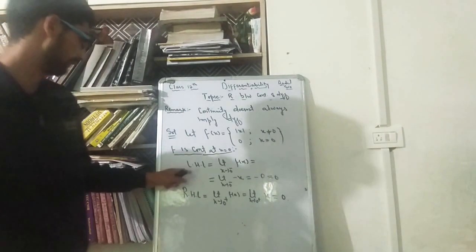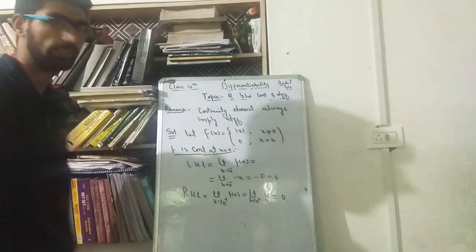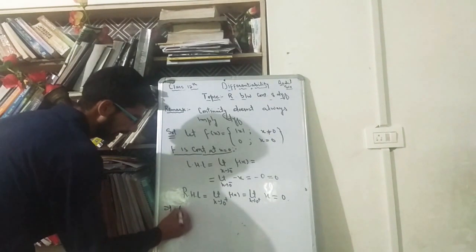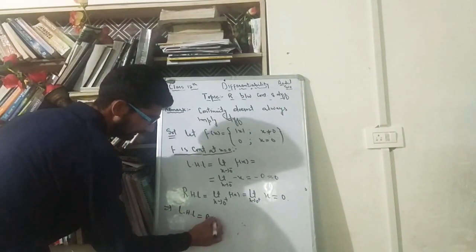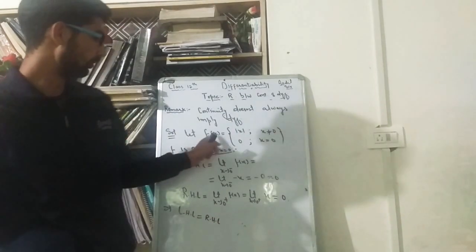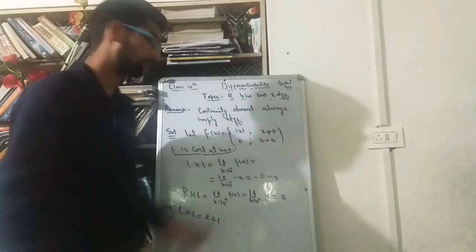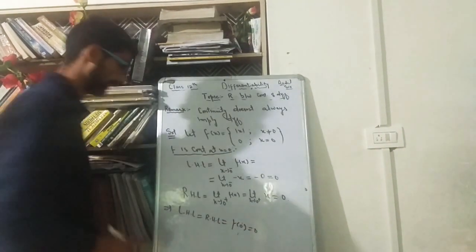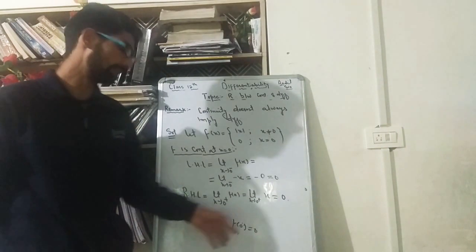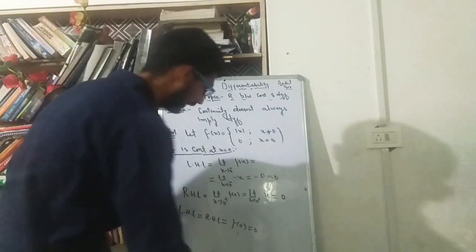Hence, you check here, left hand limit is equal to 0 is equal to right hand limit. Which implies left hand limit is equal to right hand limit and is equal to the value of f of x at point 0, because that is also 0, f of 0 is equal to 0. Hence we know that when this condition is satisfied, then the function is continuous at point x is equal to 0. So we will write here